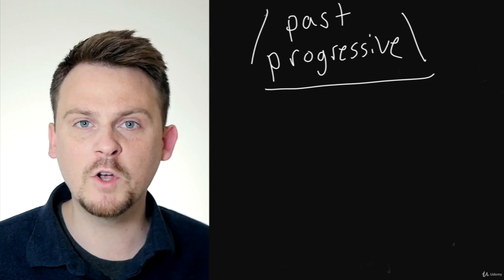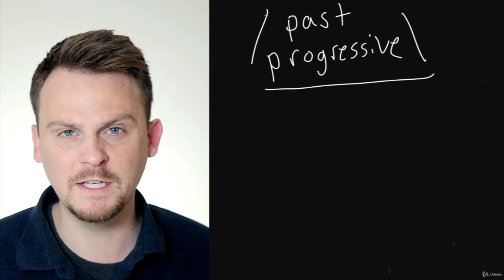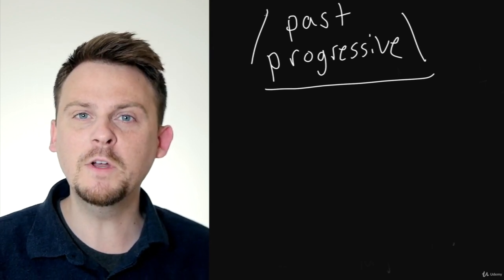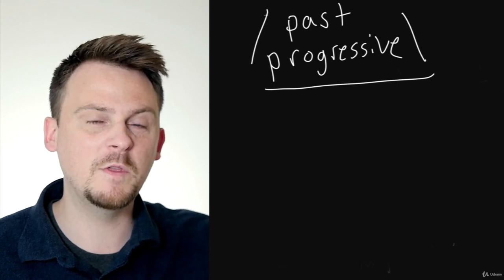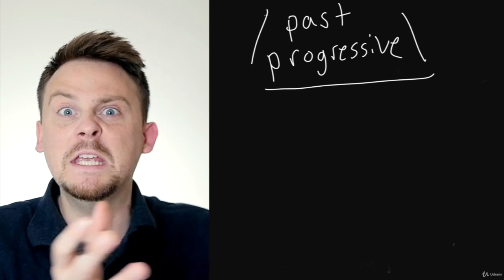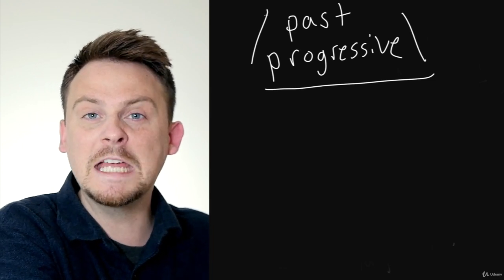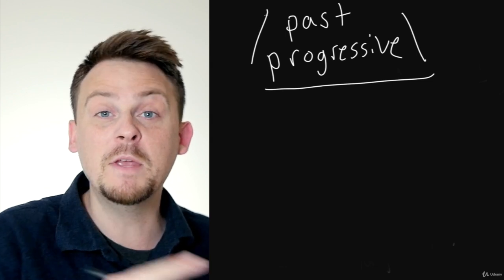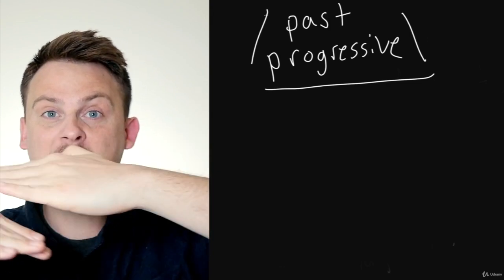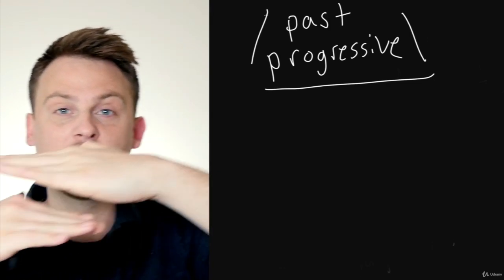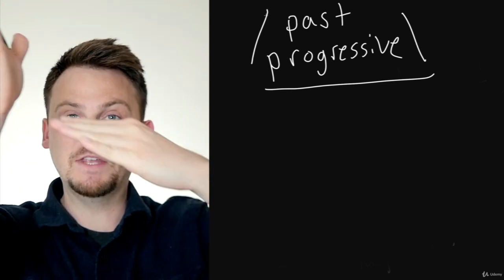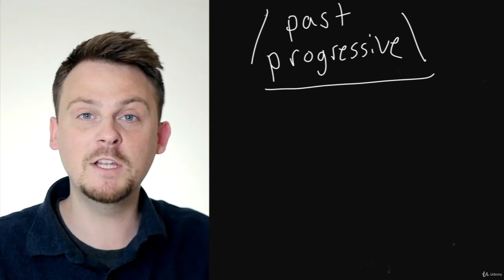Okay, so now we'll look at what's called the past progressive or the past continuous. And again, don't worry about the names so much, not so important. But really, this is all about how we describe things that happened in the past, and we want to focus on being in the moment or actually experiencing that time. Because usually when we use this, either another thing was happening at the same time, two things at the same time, or one thing was happening and something stopped it. That's how we usually use this.